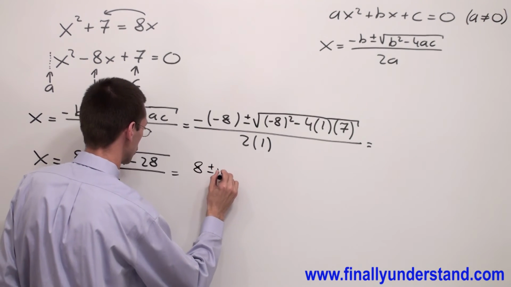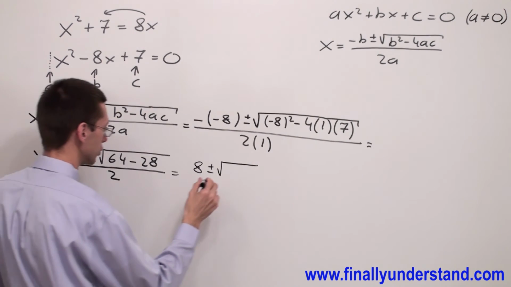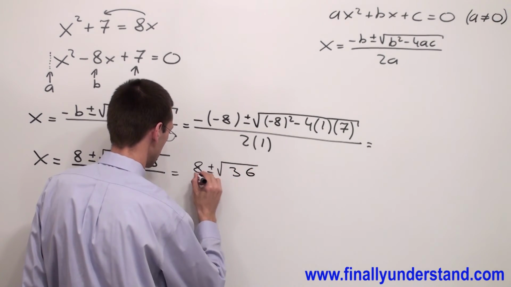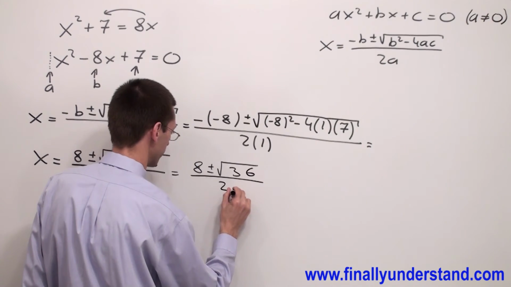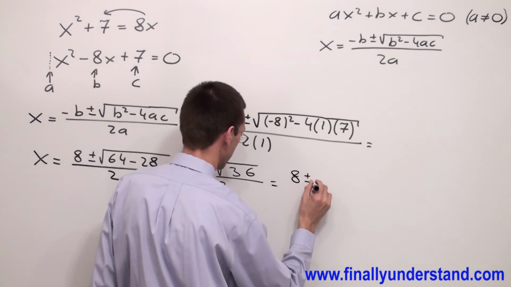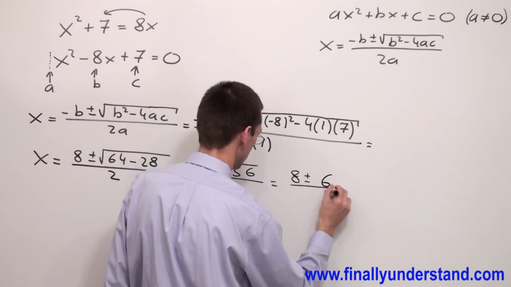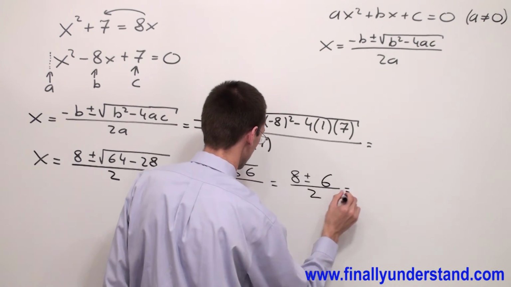Equals 8 plus or minus the square root of 64 minus 28, which is 36, over 2, which is equal to 8 plus or minus the square root of 36, which is 6, over 2. This is equal